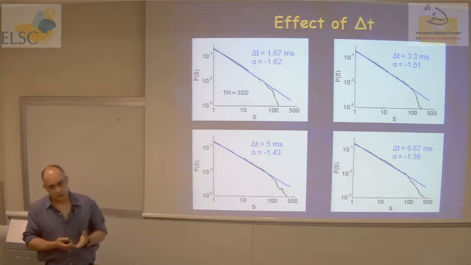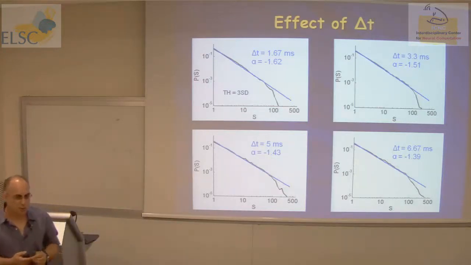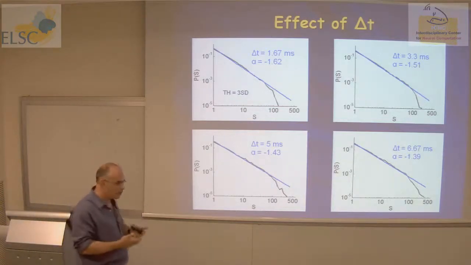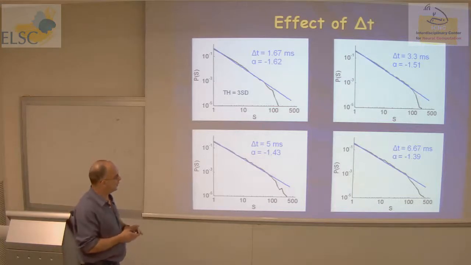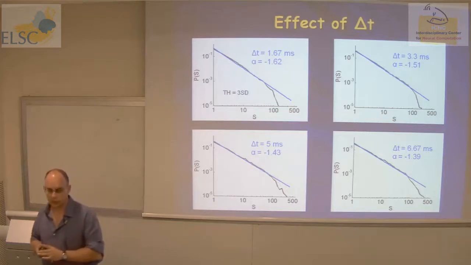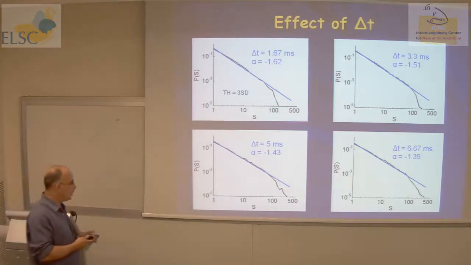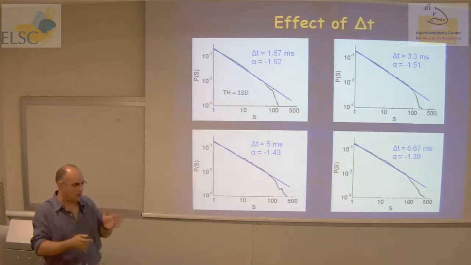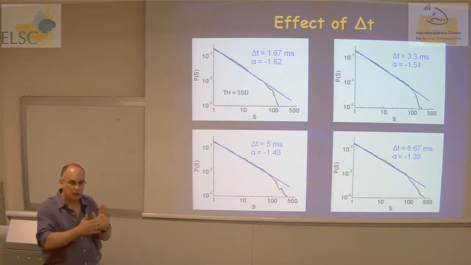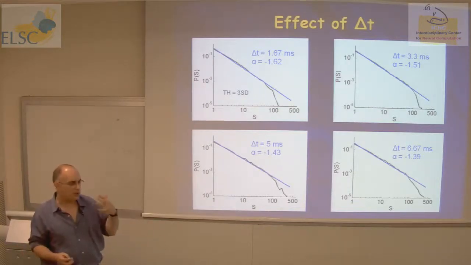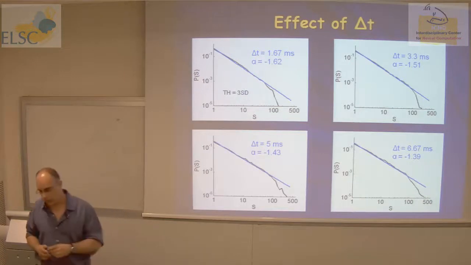So how do you choose? We know that it can be somehow related to the finite size of the array, but we don't really know the conduction velocities and all this, and it's kind of complicated. So we need some external source of information to say something about the delta t. One way is to start looking at the inter-event intervals. If I take all the single events, not the cascades, and look at all the intervals between consecutive events and plot the distribution, it doesn't really have a scale.